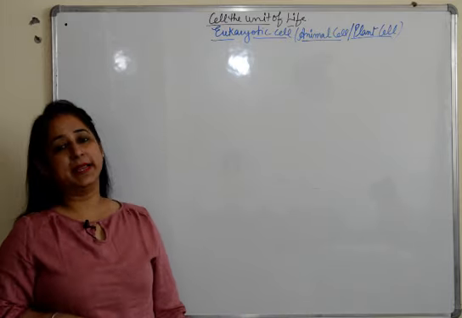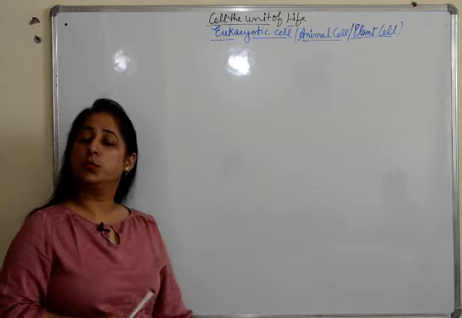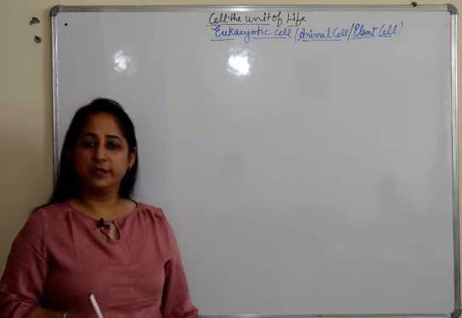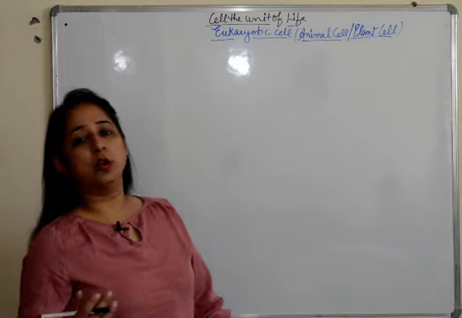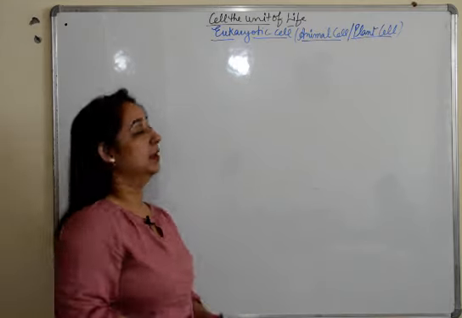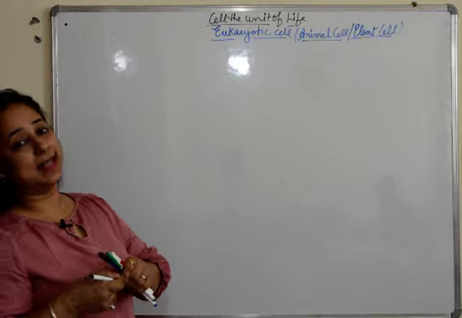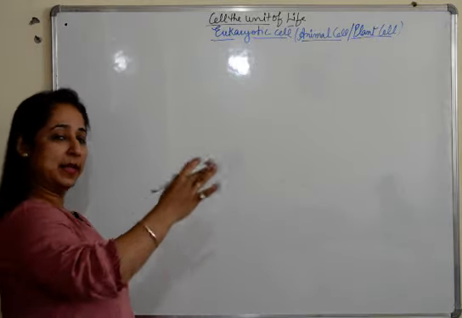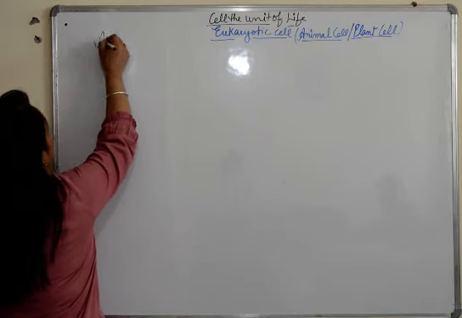We'll be talking about the basic structure of animal and plant cells with the diagram. So watch the video till the end, you will get an idea how to make the diagram and what are the important pointers from the topic. So we'll start with the animal and the plant cells. पहले हम animal cell बनाएंगे and then the plant cell. So we start with the animal cell.